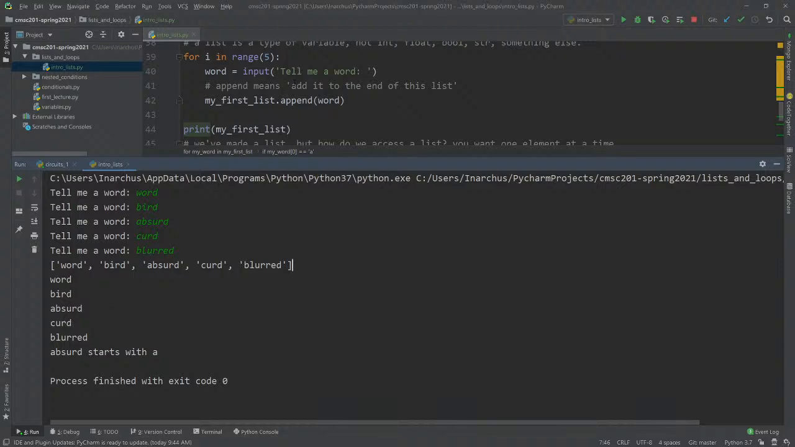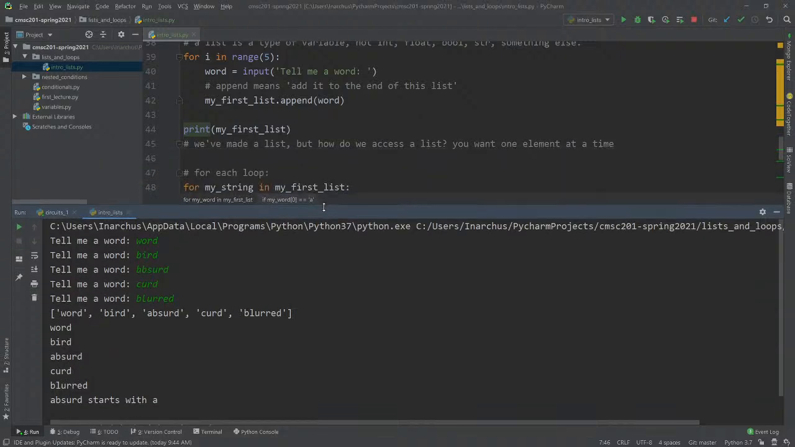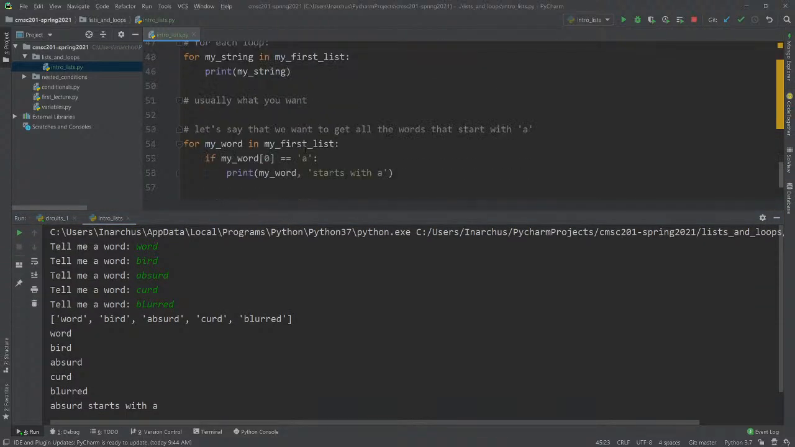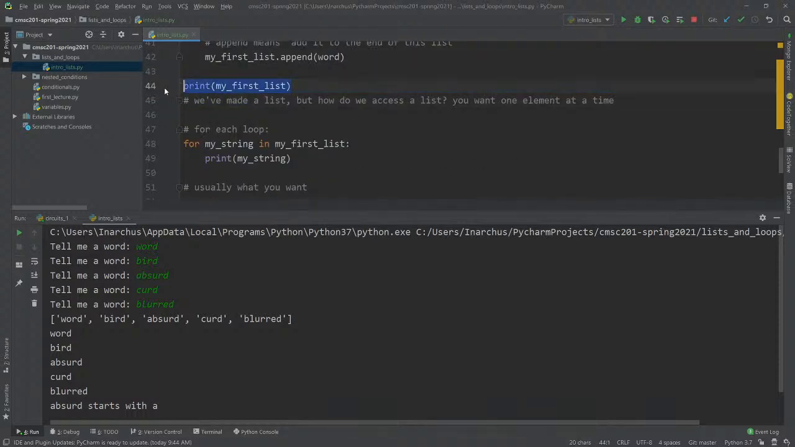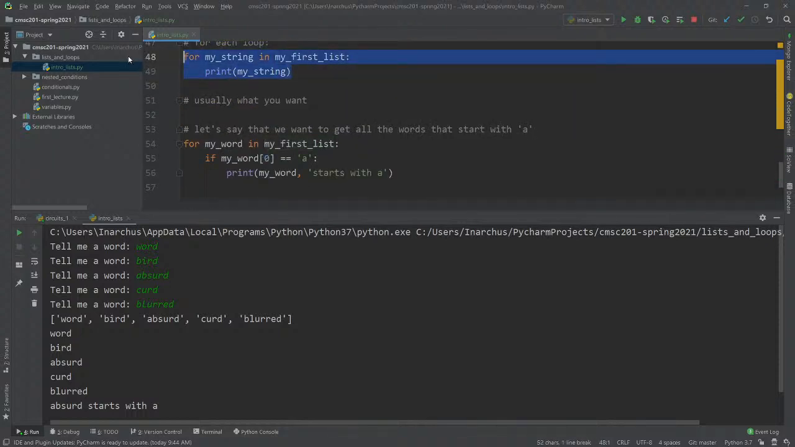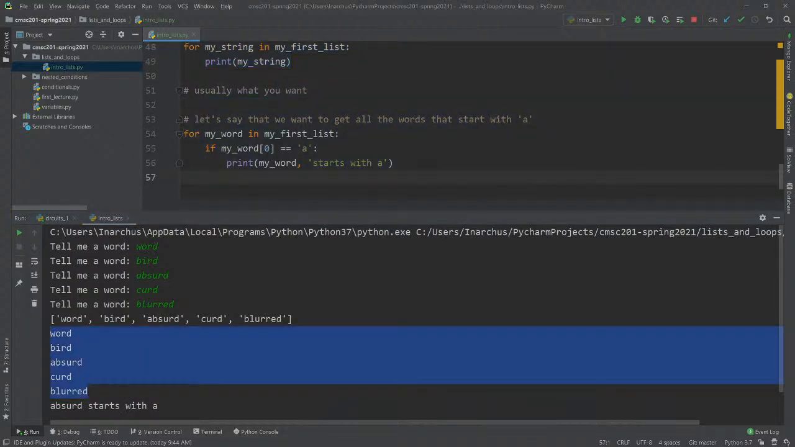So basically what's happening here is, because we've printed out the whole list, it's still doing that. Because we're still printing out everything in the list, it does that. But then finally it goes through the new piece of code that we've written. For each word in my first list, so if the 0th element, and so let's talk a little bit about